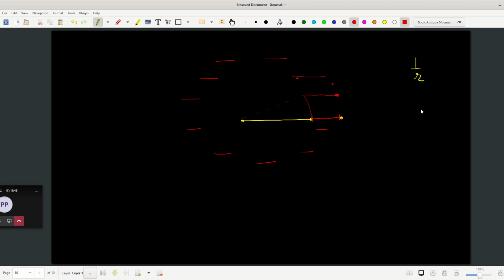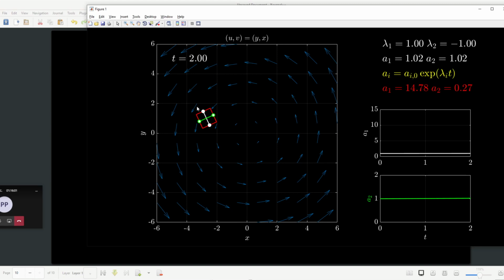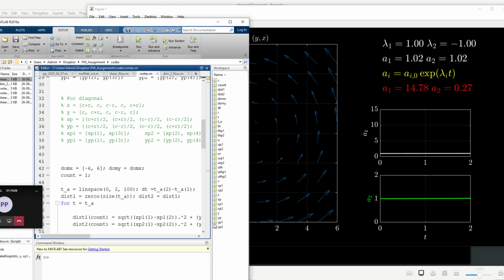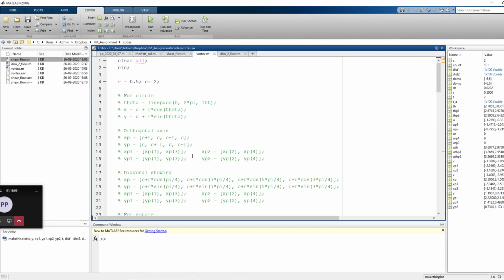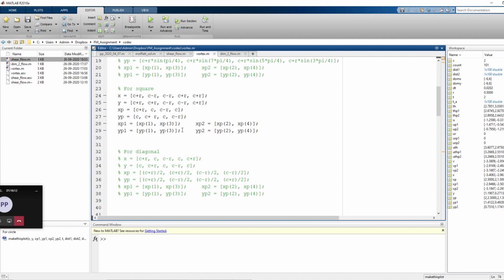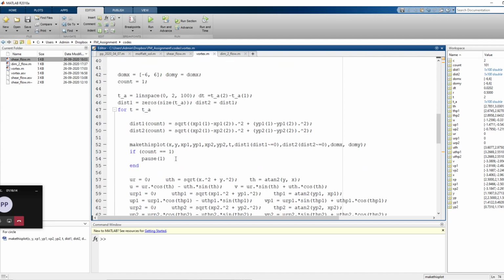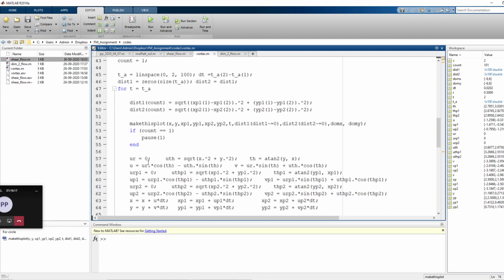So it's sort of going like this in the flow, but it's not rotating per se. Okay, so it's irrotational in the sense that an angular element like this will tend to remain like this, but it will rotate. So let us do that live coding, because I don't have the code right now, and we still have 10 minutes left, and hopefully we can achieve that within 10 minutes. Okay, so c equal to blah blah blah, this is okay. I just need to change the velocity. So ur is 0, u theta is going to be 1 upon r, and that's it. I don't have to make any other change.